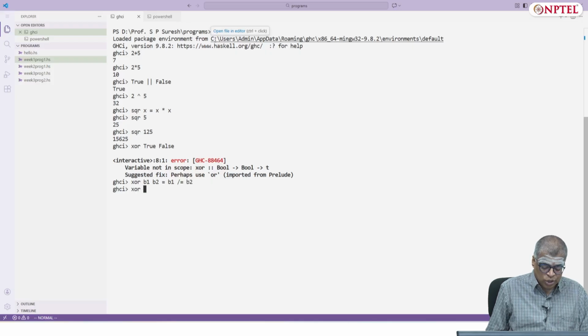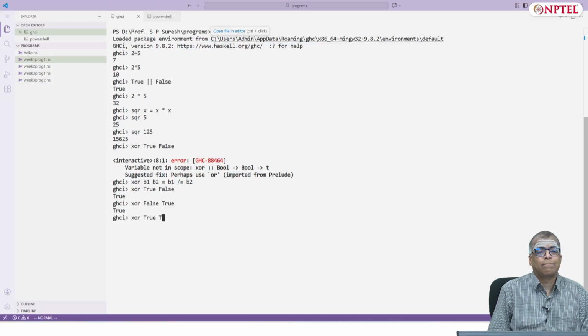And then I can ask XOR true, false. XOR false true is also true. How about XOR true true? It should return the value false.